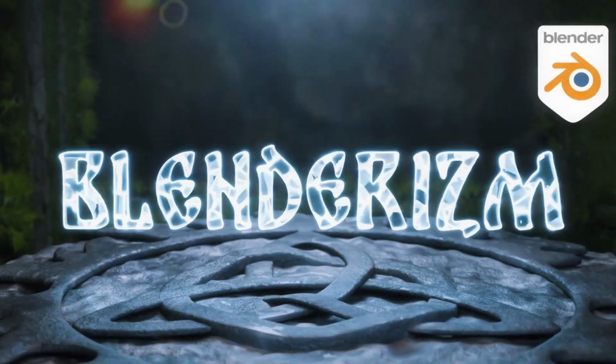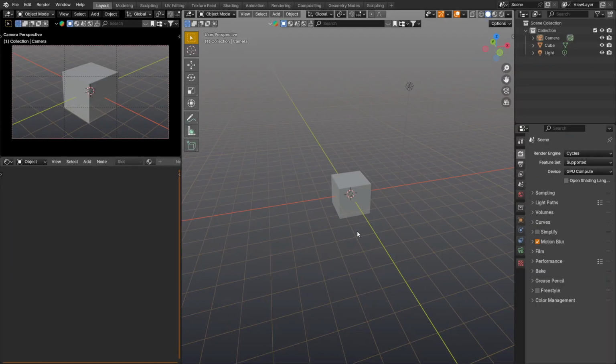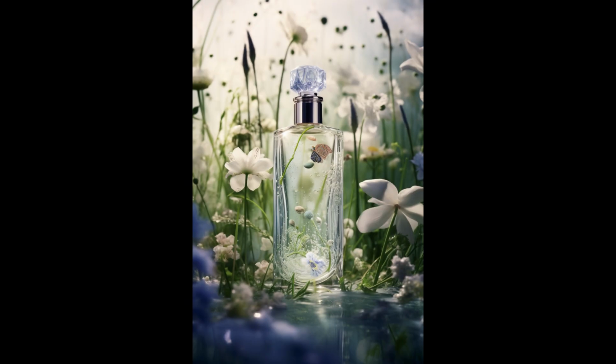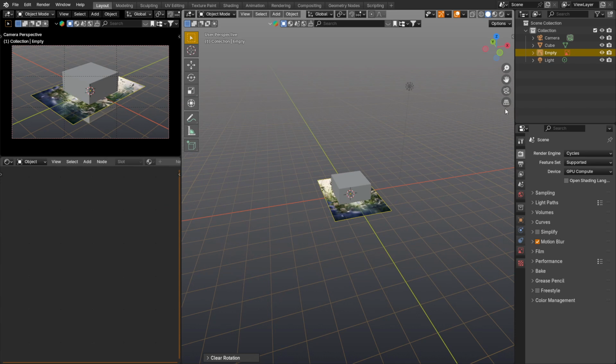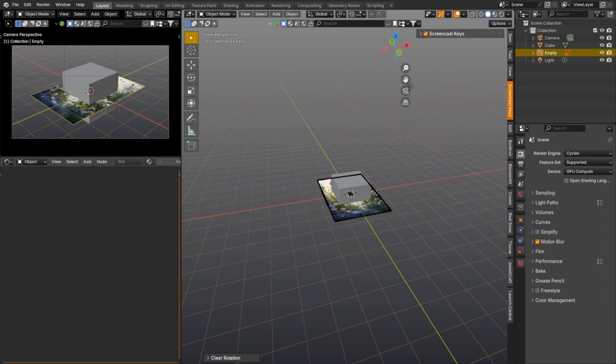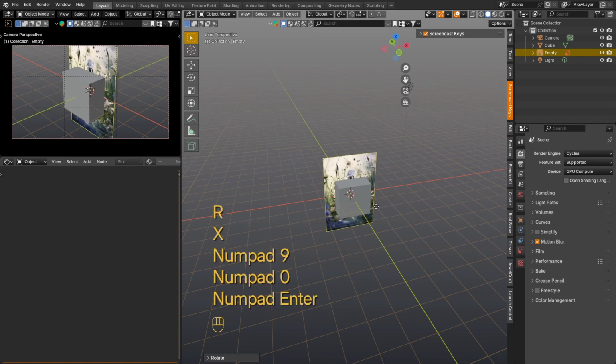In this episode I want to show you the process of creating an image, according to the example that was created by artificial intelligence. First, let's add a reference to the scene so that we can navigate by it. It looks like this. Let's place it at an angle of 90 degrees to the y-axis and increase its size a little. Oops, I accidentally forgot to turn on the display of keys for you again.